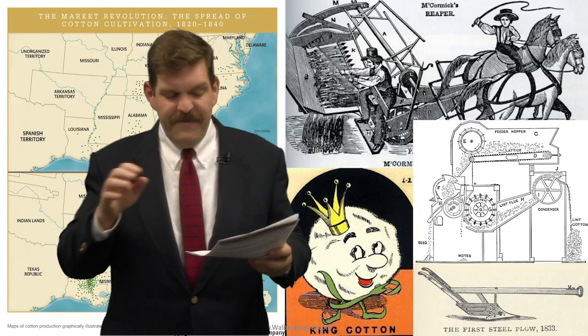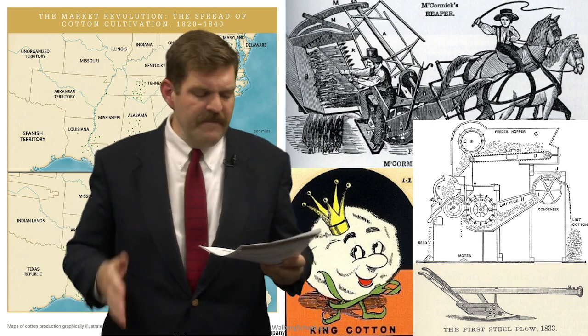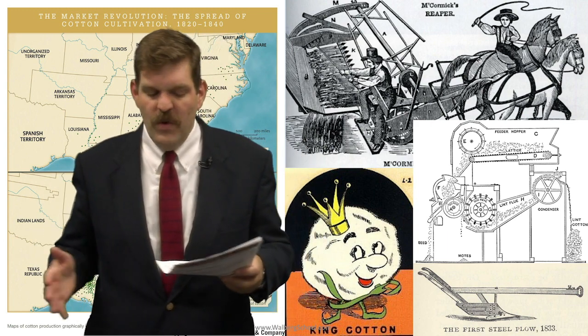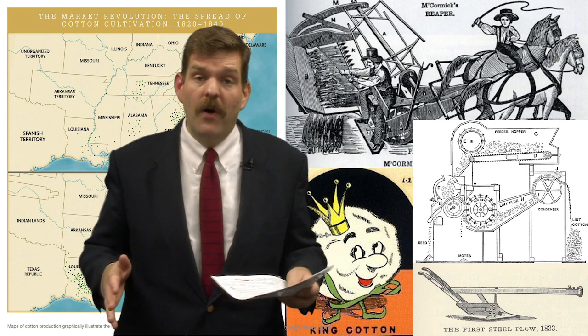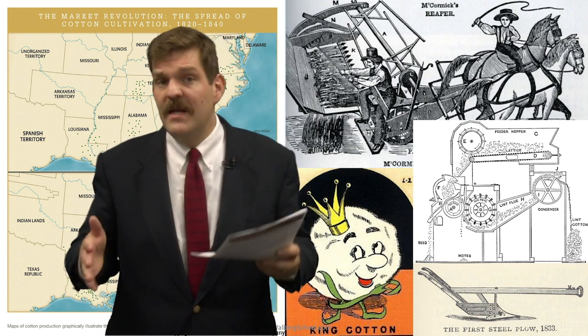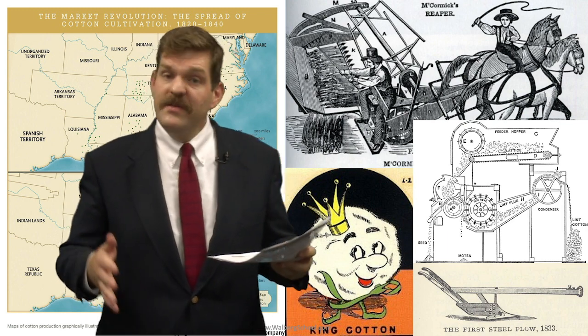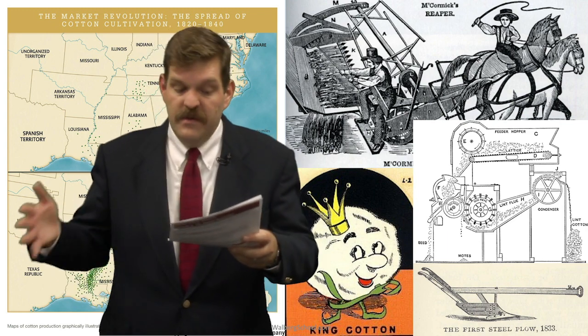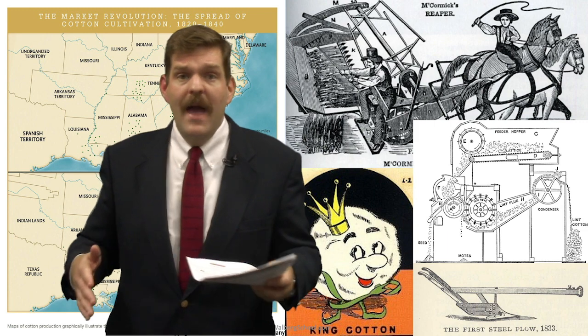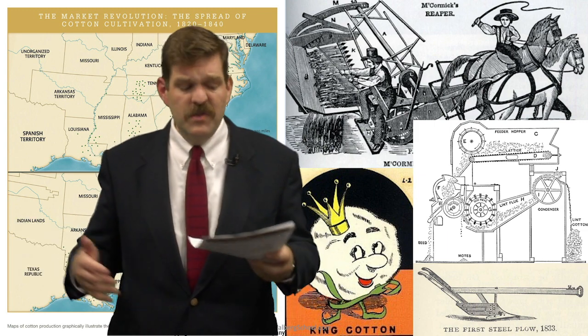Here we're going to talk about farming in the cotton kingdom of the South. Overall, America's output of wheat was increasing tremendously, in large part due to a technological development from a person named John Deere. Yes, it was an actual John Deere. And he developed the steel plow. Also, Cyrus McCormick developed a mechanical reaper that would harvest grain much more quickly.